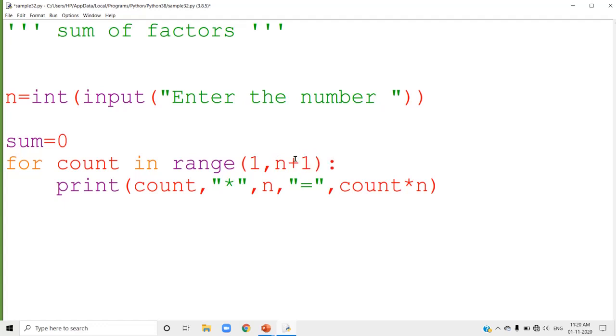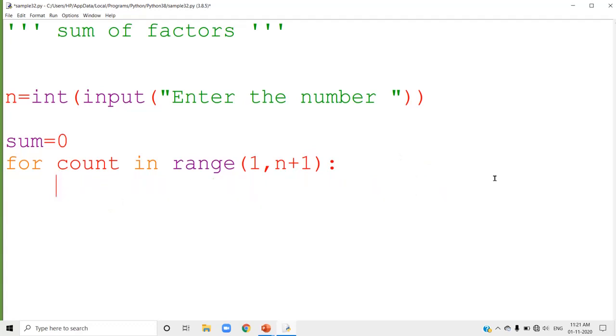If n percentage count equal to 0, you can use the variable. Here I just use the count variable. That is why I am repeating with the same count variable. Count is 1. So n is the given number. Here dividing given number with 1.